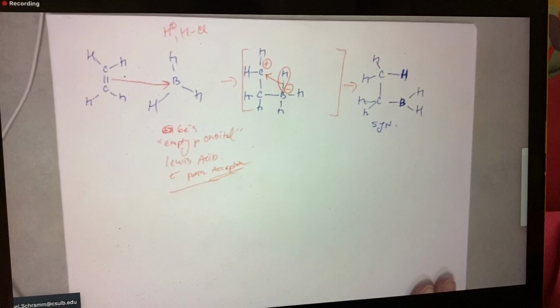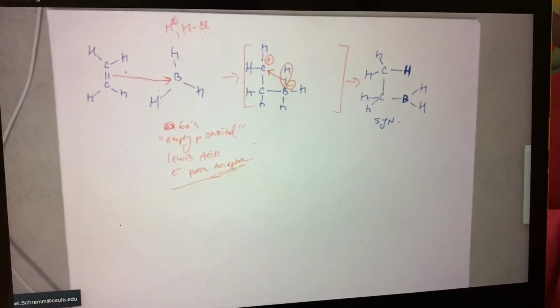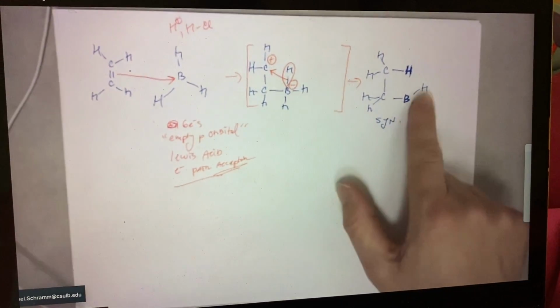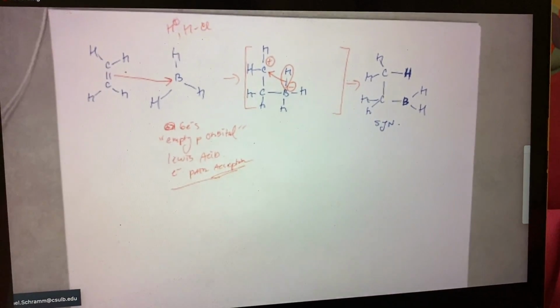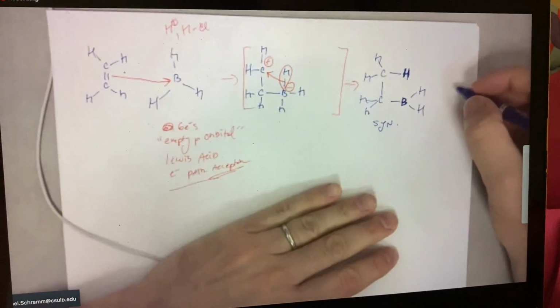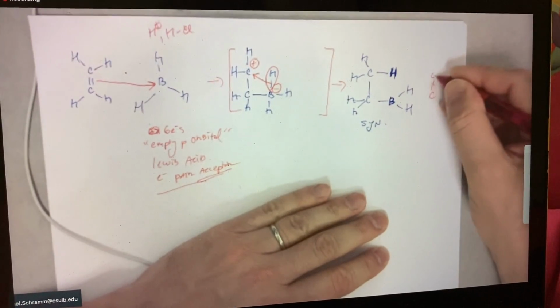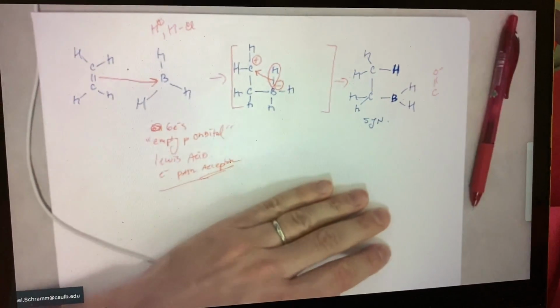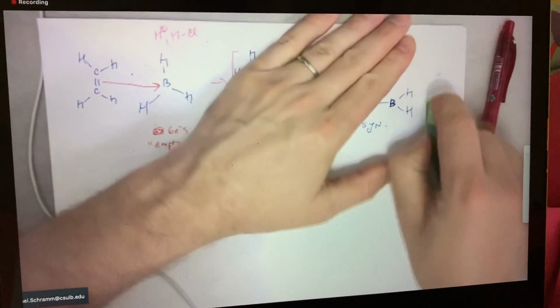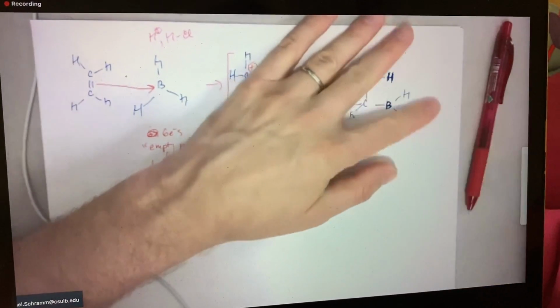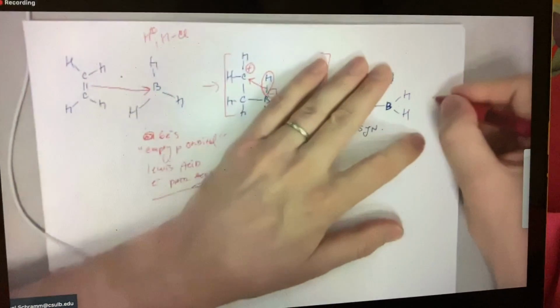Well, it would be lovely if this reaction was done, but it's not done. Boron has 2 more hydrides on it. And what boron does, it's a little bit pesky, especially for all of us. Boron can do this reaction 2 more times. What I mean by that is,